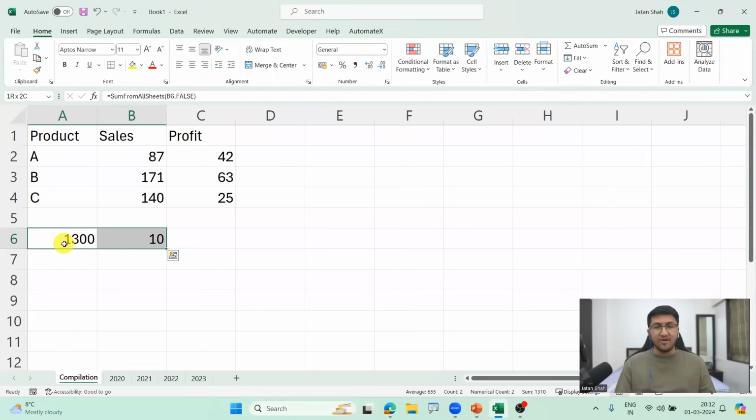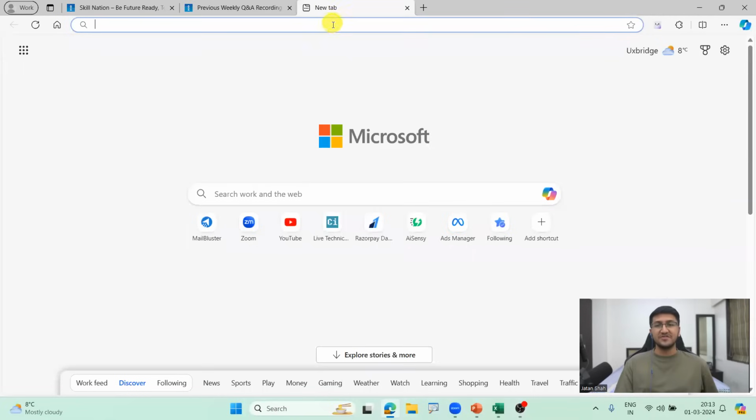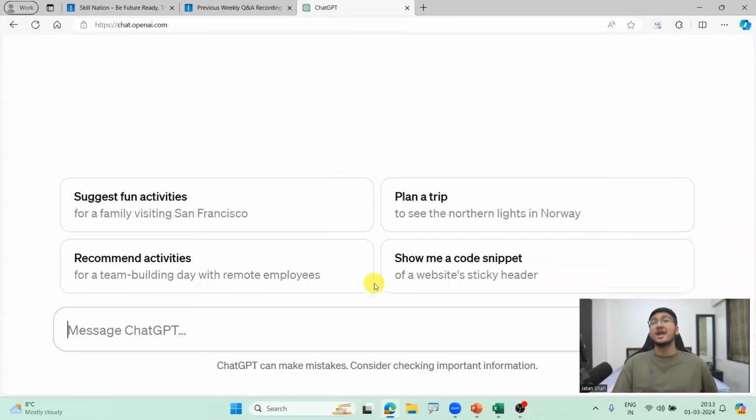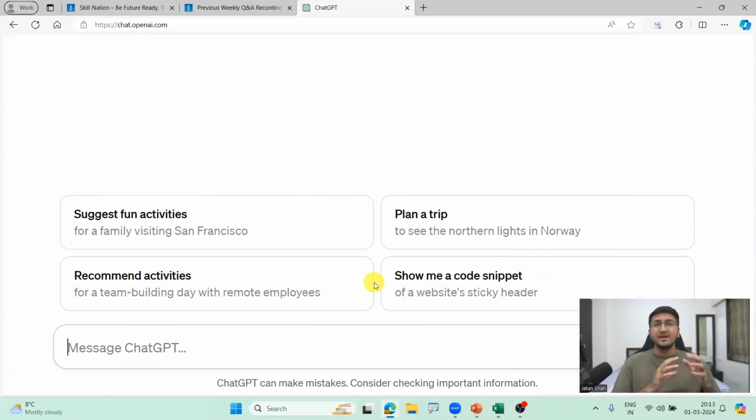Now the thing is, if I have to create this entire formula using ChatGPT, it is very, very simple. So let's go ahead and try to do that with the help of ChatGPT. Okay, let's see if ChatGPT can help us get the answer to it or not. So we can go to ChatGPT and actually ask ChatGPT to create this user-defined function or UDF for me. All I have to do is talk to ChatGPT as if I'm talking to a normal person. Okay. So to do so, I will go here and simply say, as if I'm talking to an Excel expert, a colleague of mine,